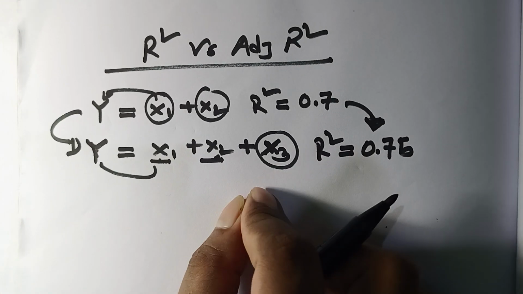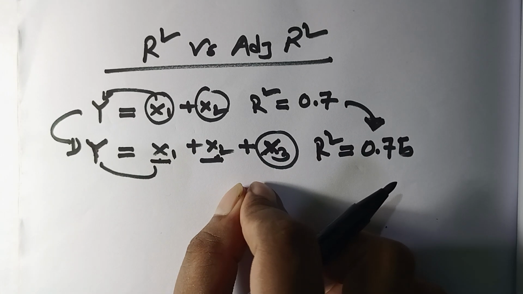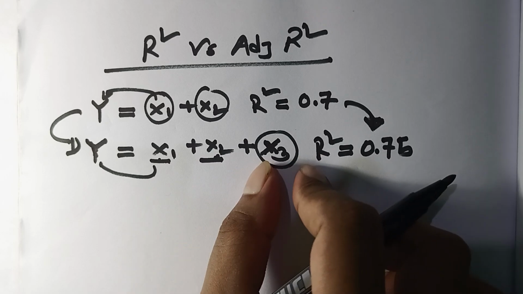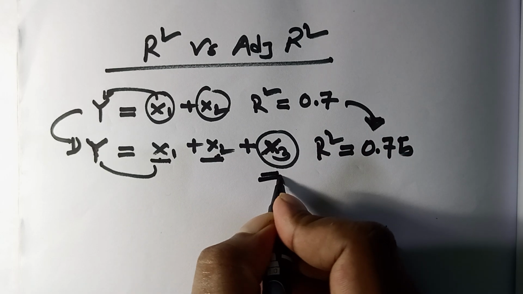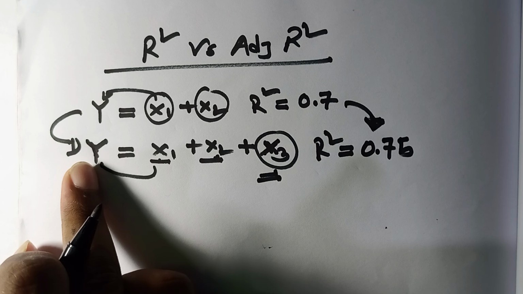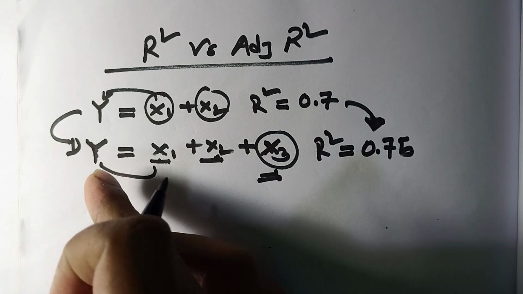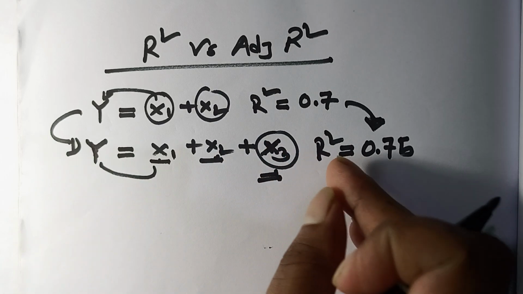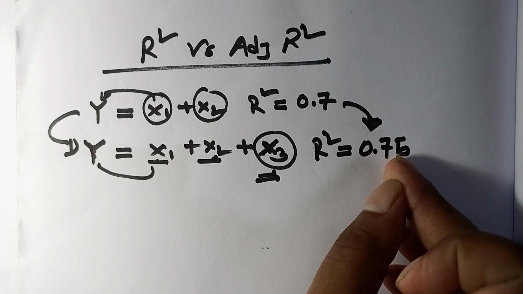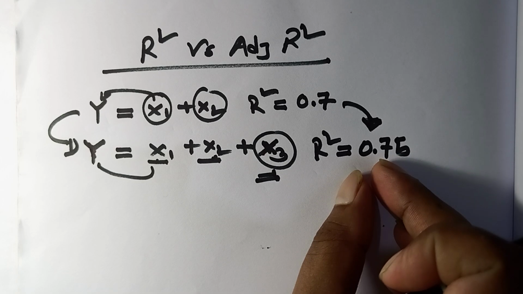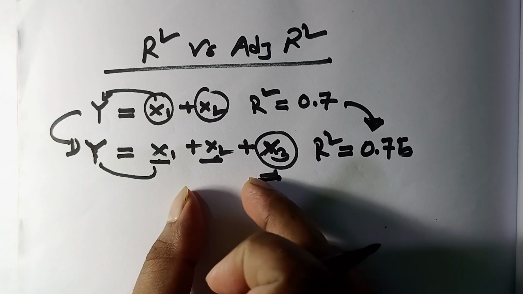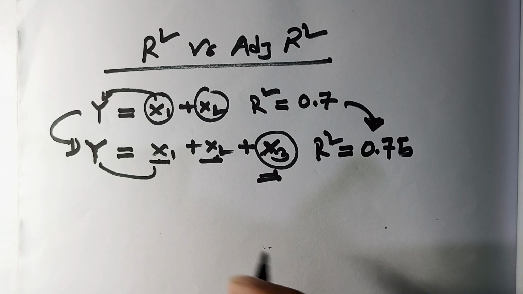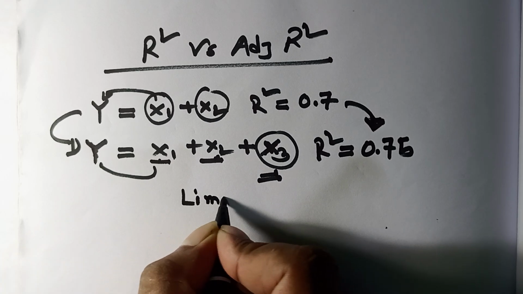But in real terms, the model is not better, because I added a variable that cannot explain this y. In spite of that, I am also getting a higher R square value. That is not acceptable. That is a violation of the assumptions here. So for that limitation,